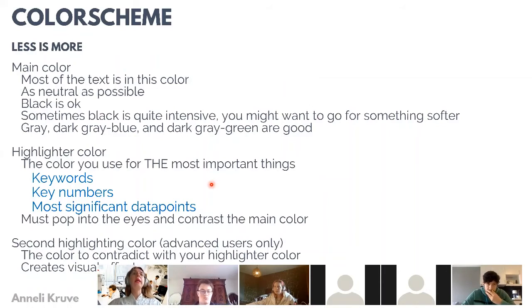Sometimes you also have a second highlighting color. This is when you want to show contrasts. For example, when you have maps or time data, like you saw in the temperature graphs, then you might want to have two colors that you use